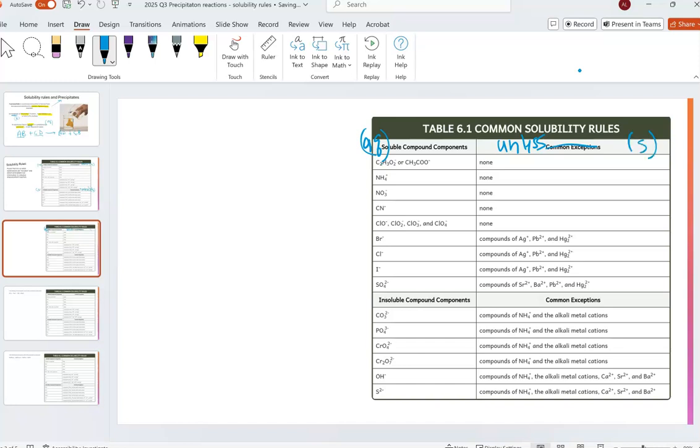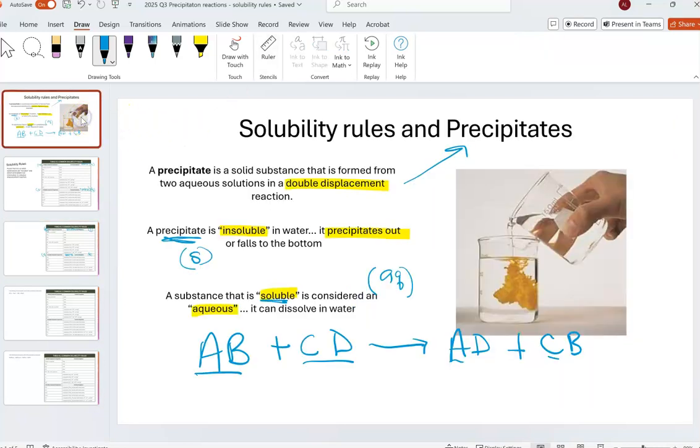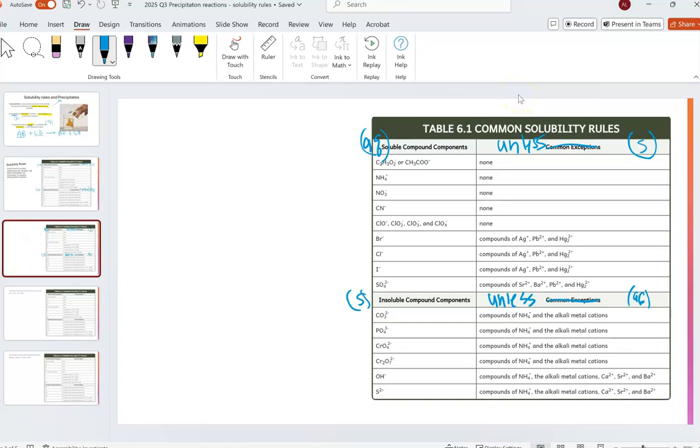And then this would be solid, and this would be solid. The solid's a precipitate, and this will be unless, and this would be AQ. So this precipitation reaction right here on the very first slide that I have a picture of is the following